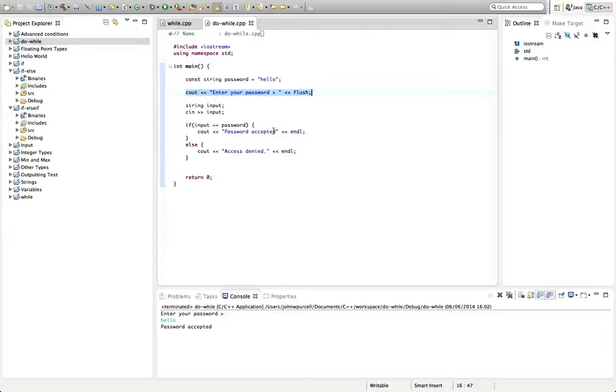So if we used a while loop, we want to ask for the password over and over again until the user gets the right password. If I used a while loop to do that, let's see how that would look. So I'm going to say while input is not equal to password,